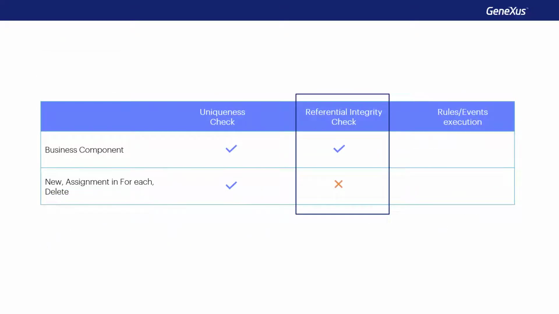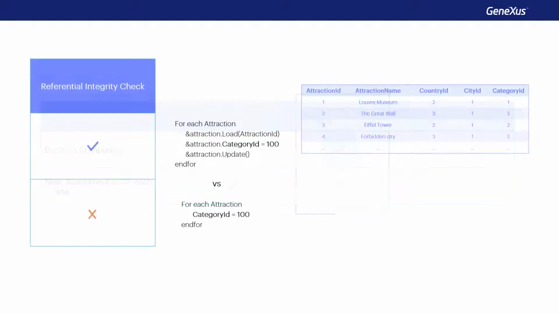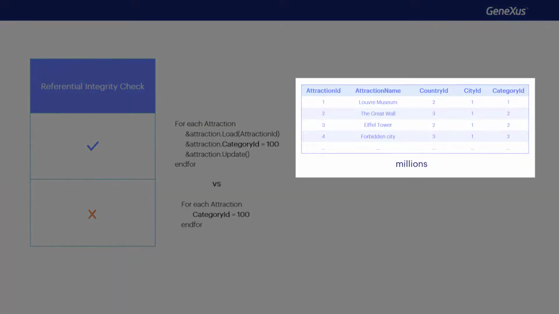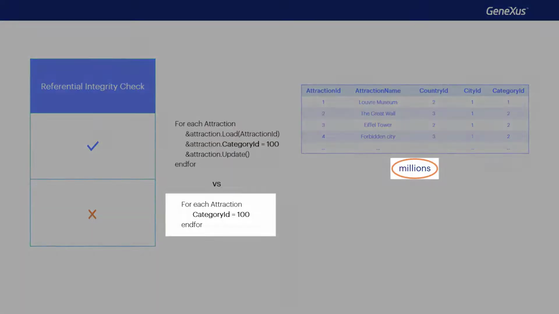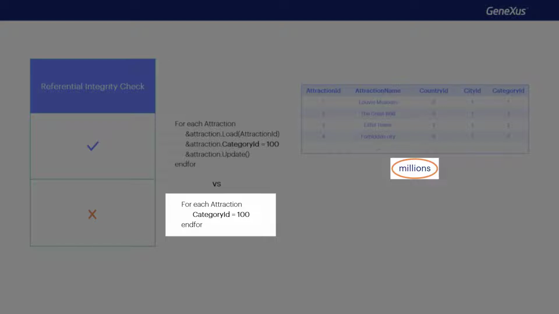So for the time being, the scale seems to be tipping towards the use of business components. However, if the records to be updated are in the millions or billions, things change a bit. Checking the referential integrity of each record before performing the operation is a time-consuming task. It's negligible in the case of a few records, but very important in the case of millions. So in that case, the update with procedural commands is the solution if performance becomes critical.